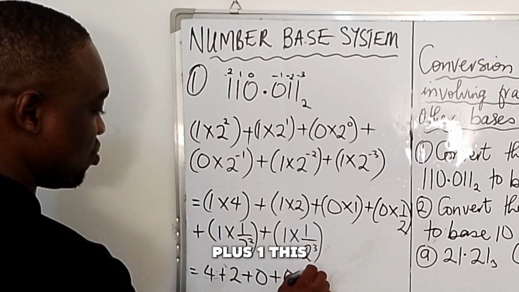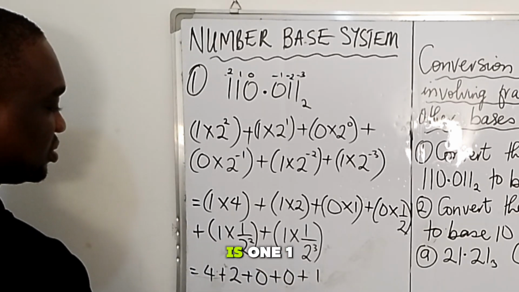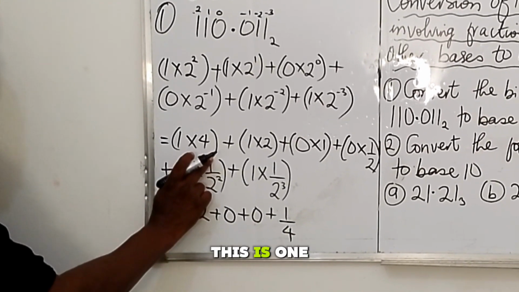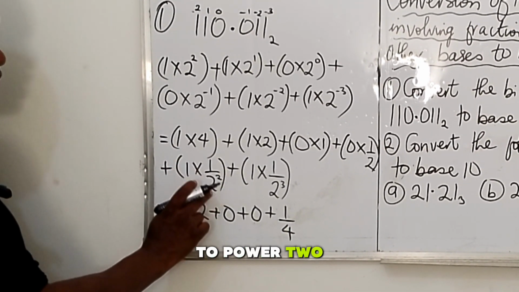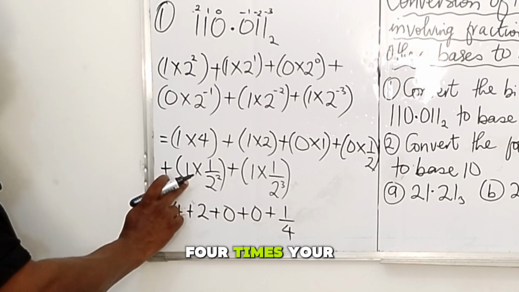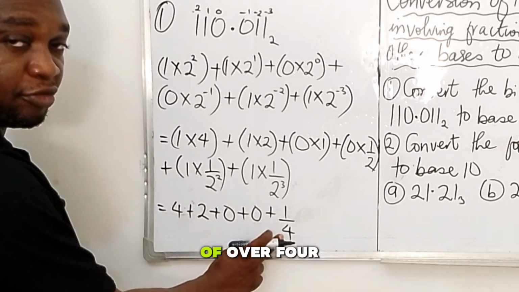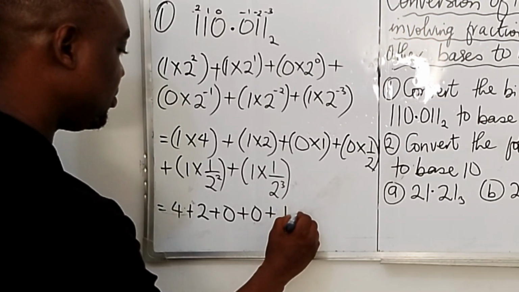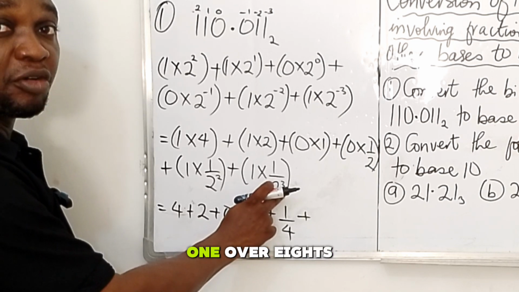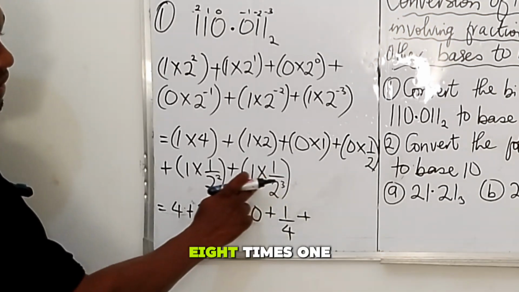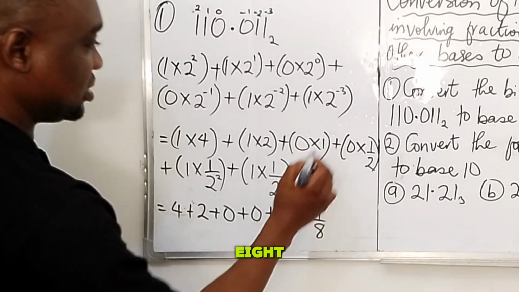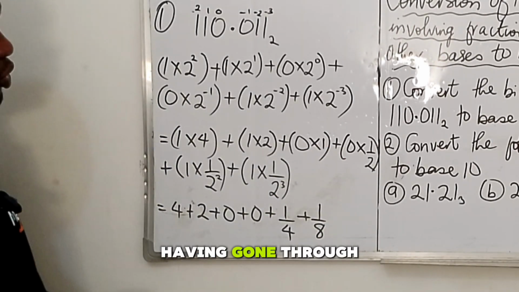Plus 1, this is 1 over 4, because 1 over 2 to power 2 is definitely 1 over 4. Then 1 over 4 times your 1 is 1 over 4. Plus 1 over 2 to power 3 is 1 over 8. 1 over 8 times 1 is 1 over 8. Having gone through all that,